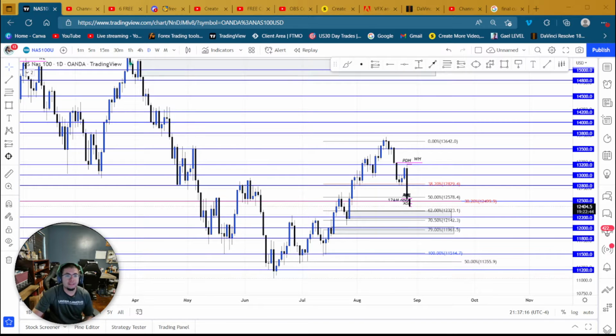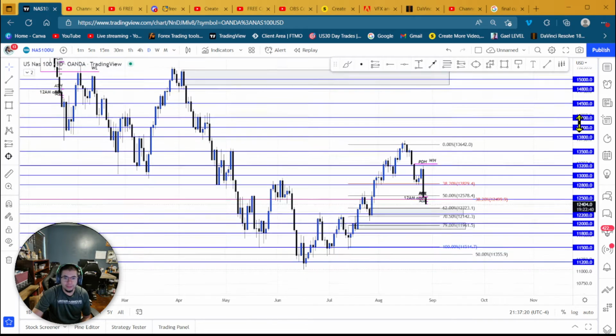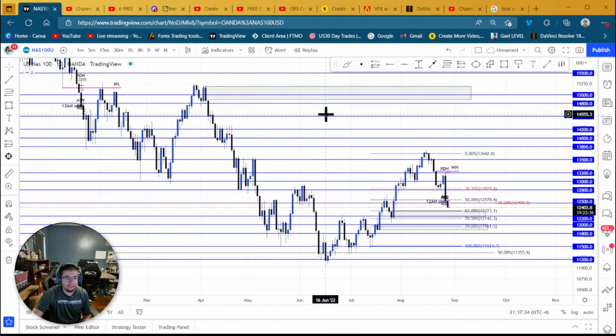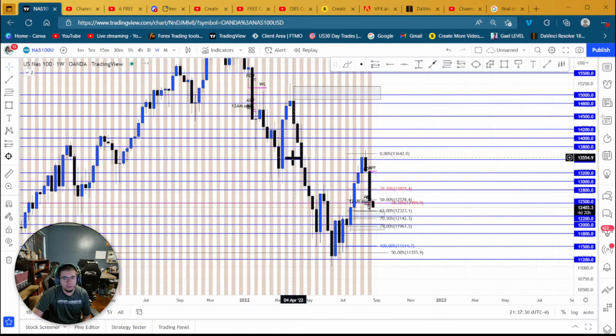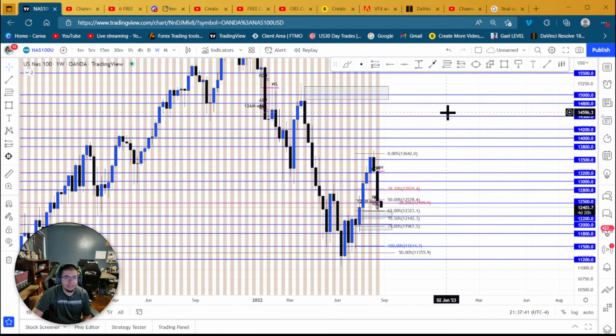So guys, this is the Nasdaq NAS 100 most recent daily chart. I trade fractals, guys. I don't trade on one particular time frame. I look at each and every day. Let's go to the week and see what happens. Now we have this previous week with all this price action that happened. I have the weekly high up here, weekly low right here. Okay. What can we see from this